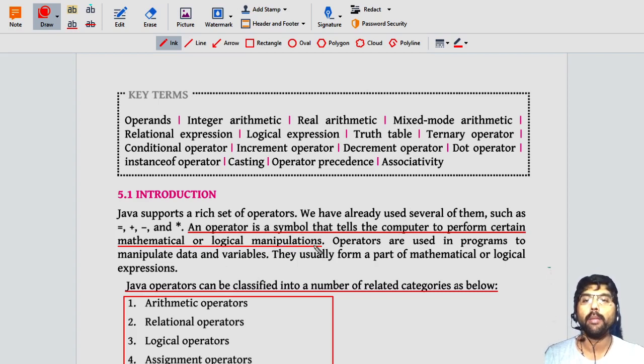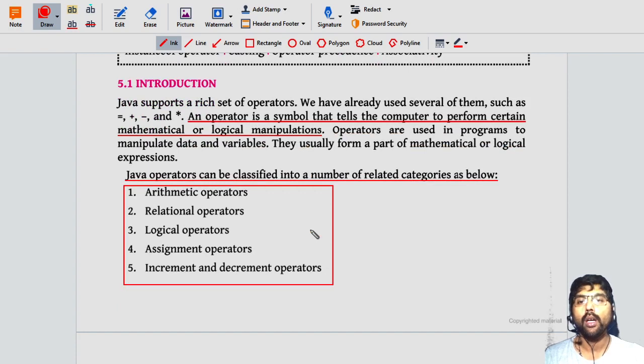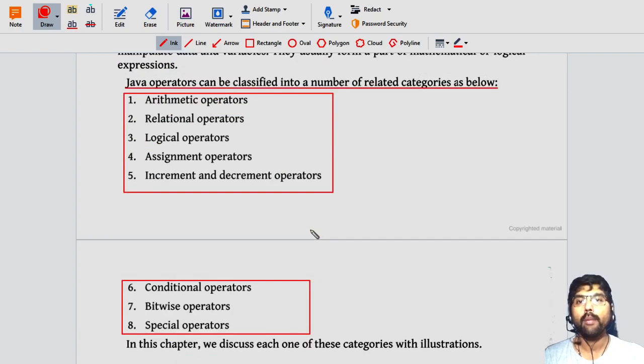If you have to perform some mathematical or logical operations on data or variables, we have to use some symbols, and those symbols are called operators. In Java, there are totally 8 types of operators available: arithmetic operator, relational operator, logical operator, assignment operator, increment and decrement operator, conditional operator, and bitwise operator. The last one is called a special operator. I will explain this special operator in a separate video,